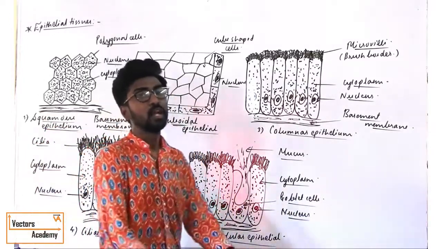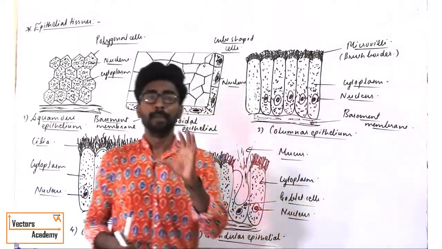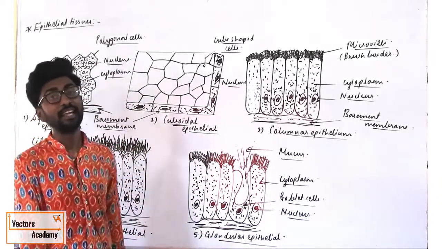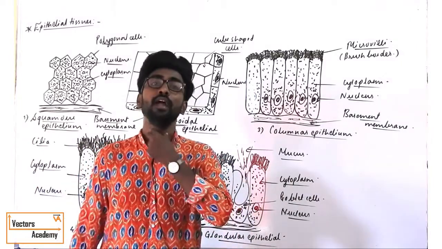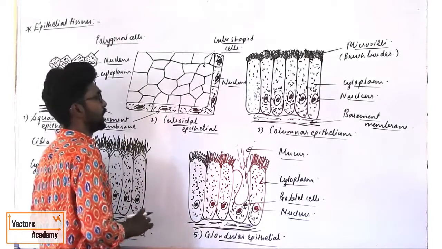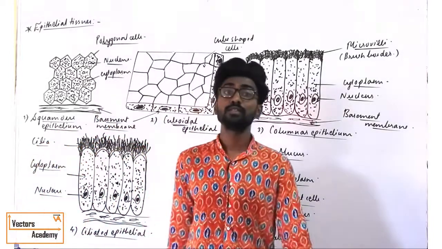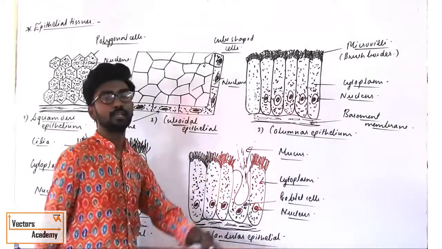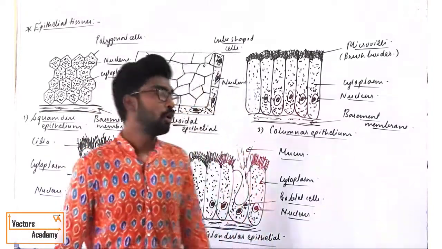Now location: it is majorly found in the thyroid gland. Basically the location of the cuboidal epithelium is the kidney and the thyroid gland. You know, one pair of kidneys is present in the lower abdomen and the thyroid gland is present in the neck, near the neck. Now the structure: the cells are somewhat cube shaped. That's why the name cuboidal epithelial is generally given. It also contains the nucleus, and that nucleus is surrounded by granular cytoplasm.